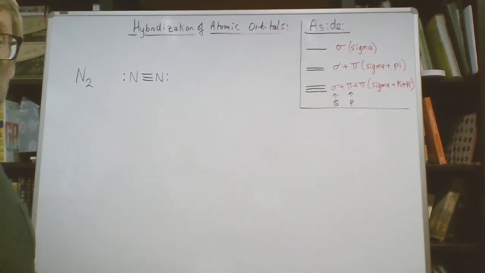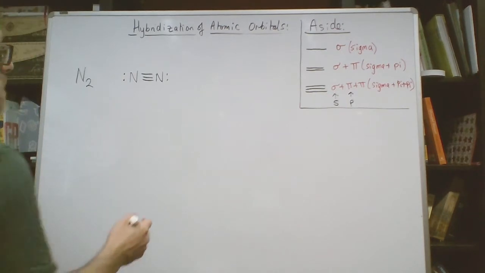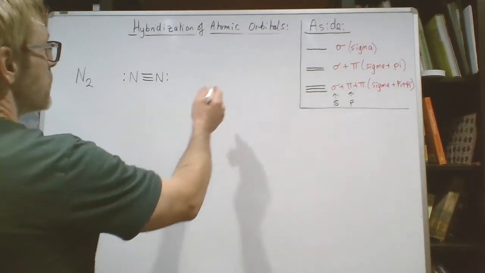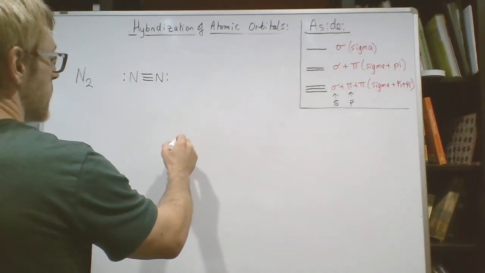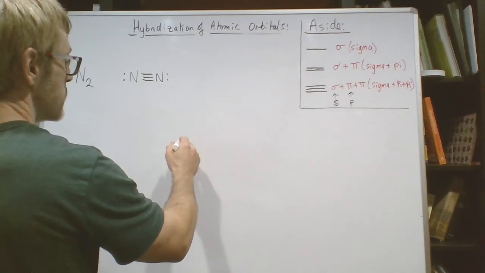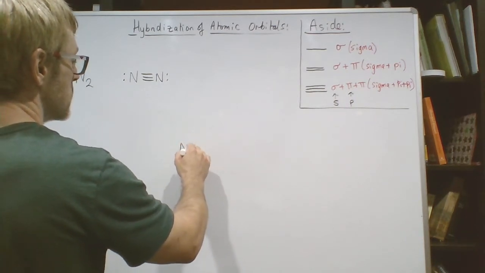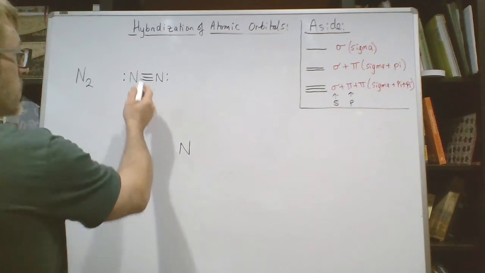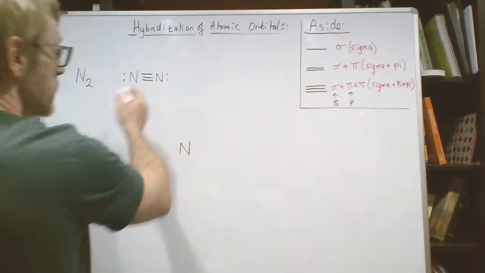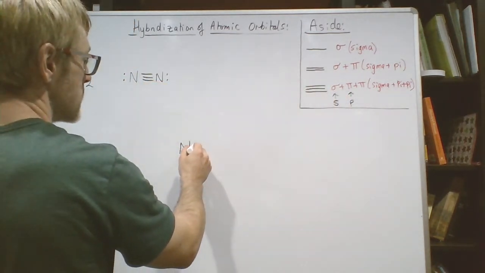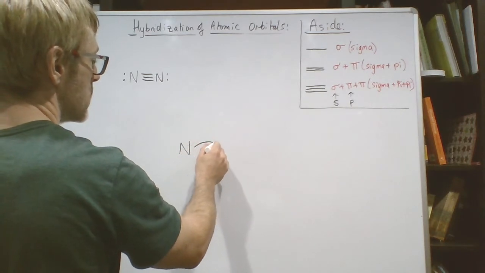Let's proceed to look at the hybridization scheme for N2. So I know I'd have sp hybridization again. I've definitely got a sigma and 2 pi bonds between the 2 nitrogens. So let's go ahead and do our